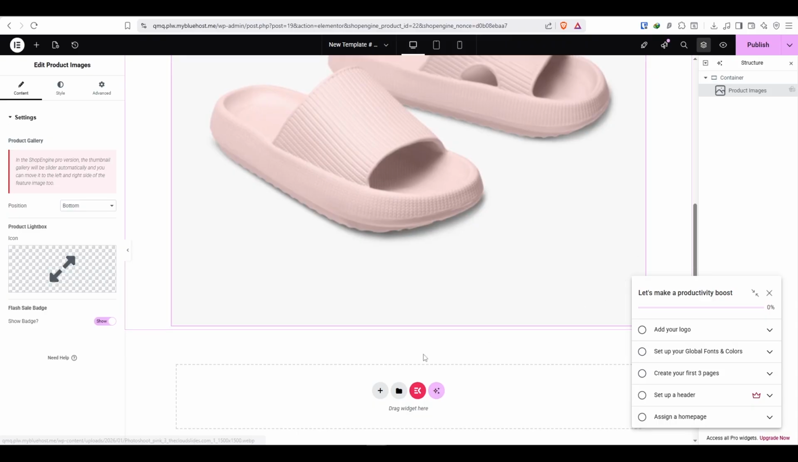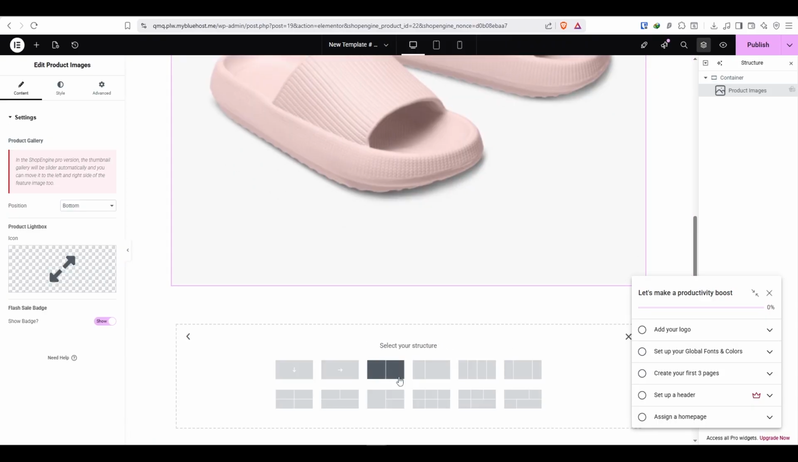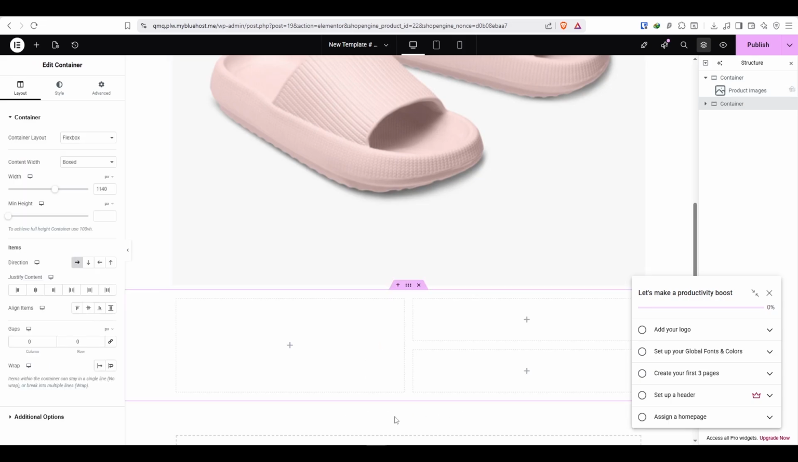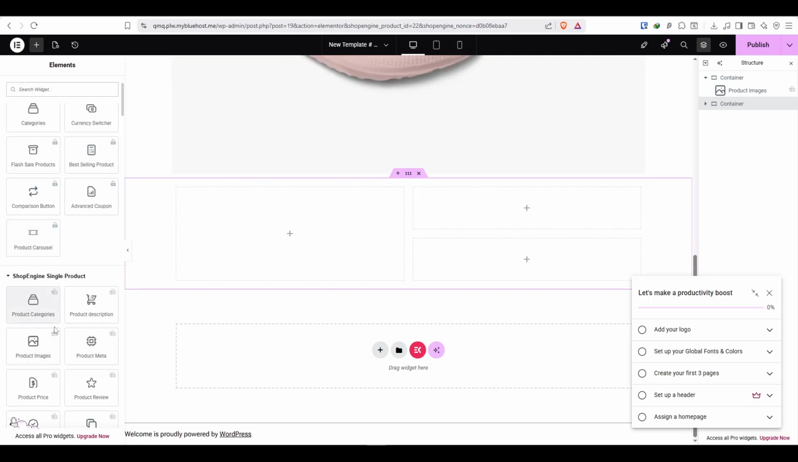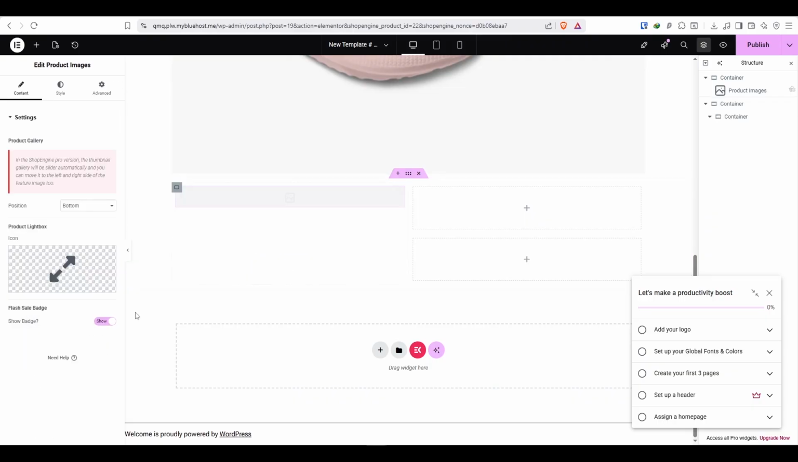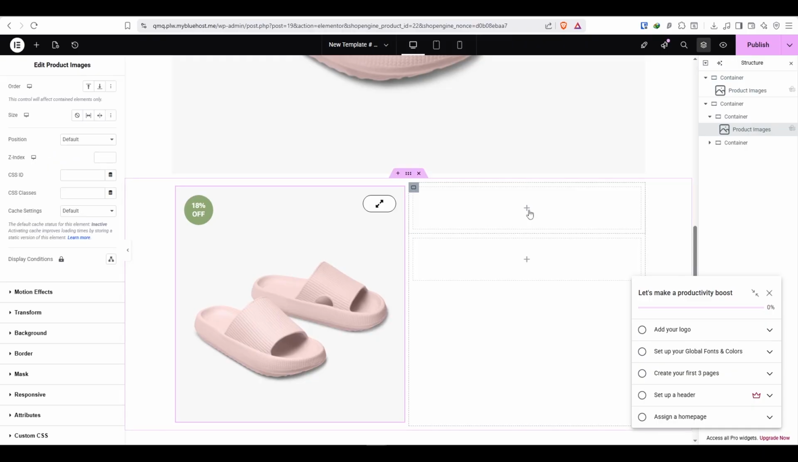Then here we can go ahead and click on add a widget. We can add like a whole layout as well. So this would have been perfect. So here we can go with something like this. We'll click on this one, and then here we can upload the image of our product. So product image over here like that, and then go back and then click on the plus button over here,